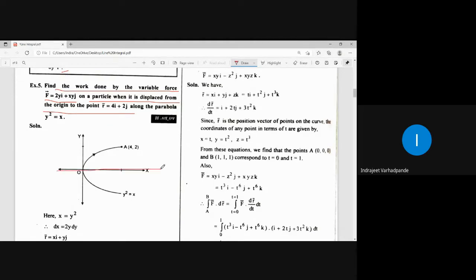So here I draw the coordinate system, x as well as y-axis, and draw the curve. This represents the parabola y square is equal to x. Since the position vector r bar is always taken with reference to the origin and is denoted in the form of xi plus yj, as here we are talking about the figure in the xy plane, the z component is absent, so I will be taking only the coordinates x and y. So this r bar is a position vector given in the form of xi plus yj.